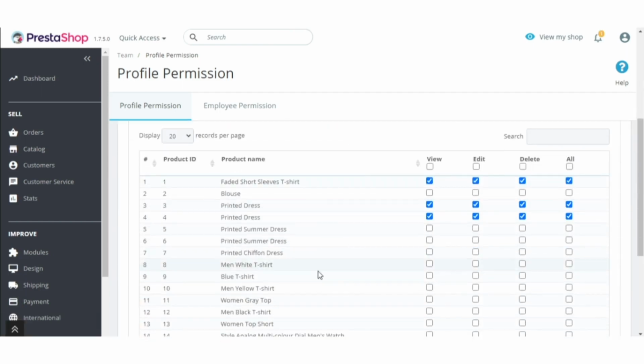Employee of the selected profile can view, edit or delete the products if the super admin has given the permission.